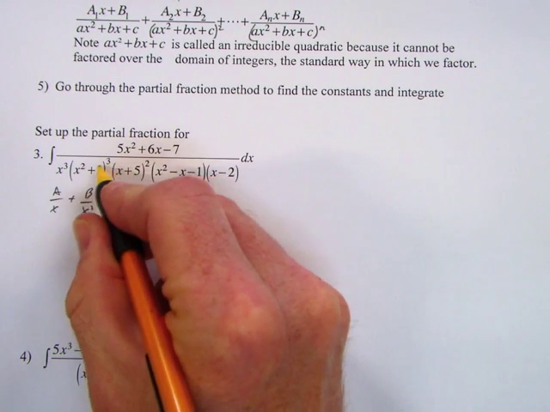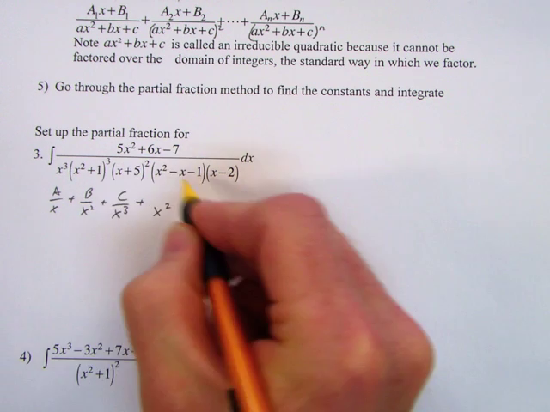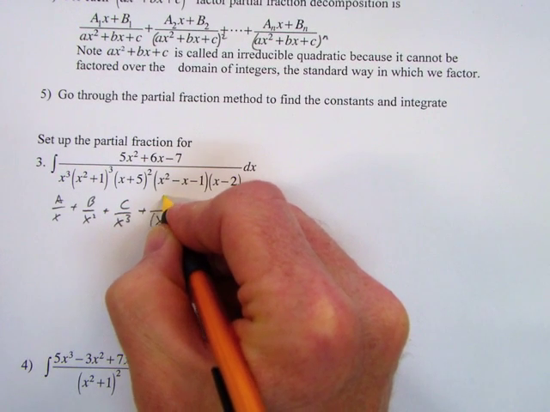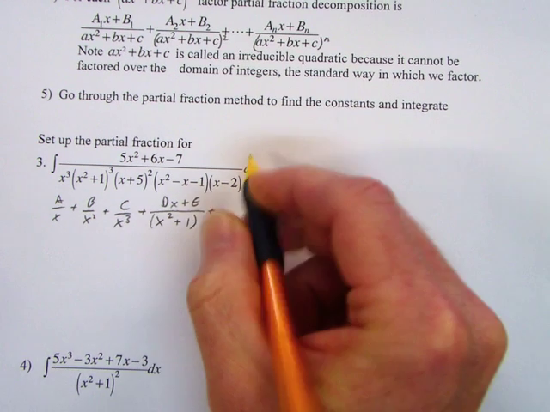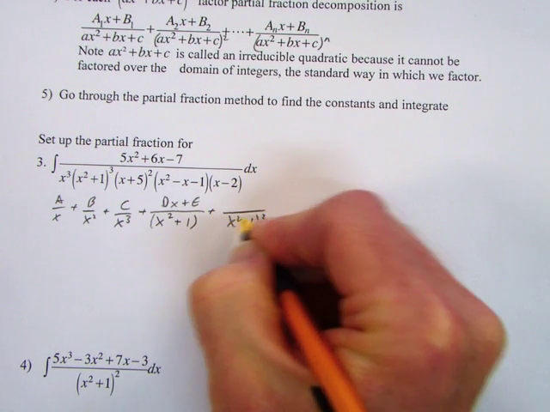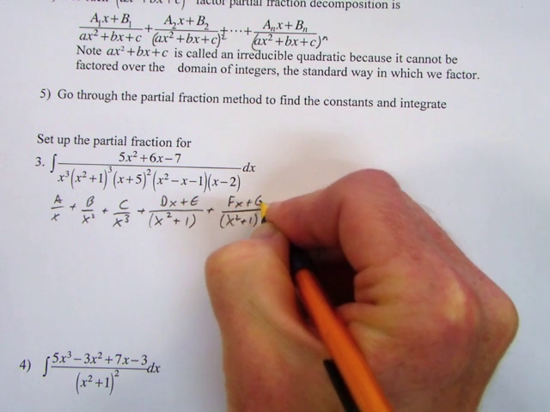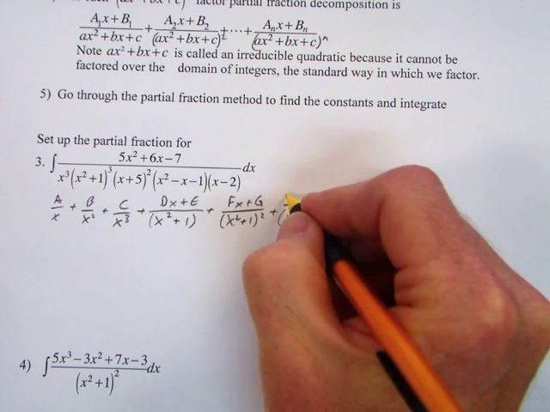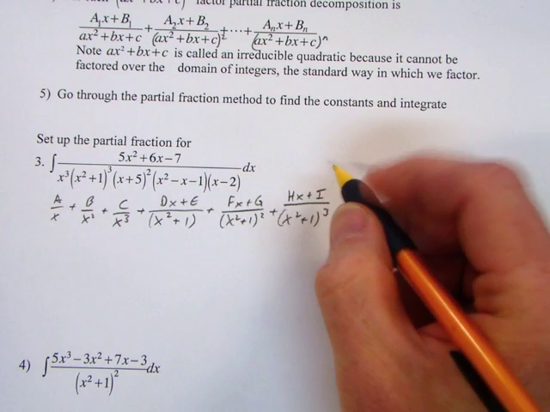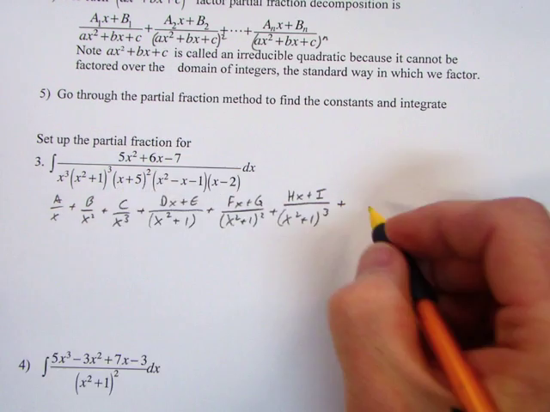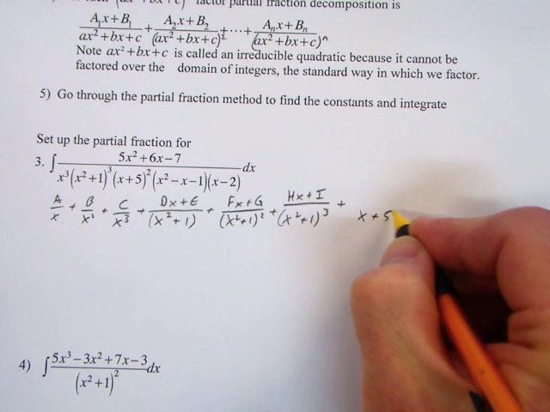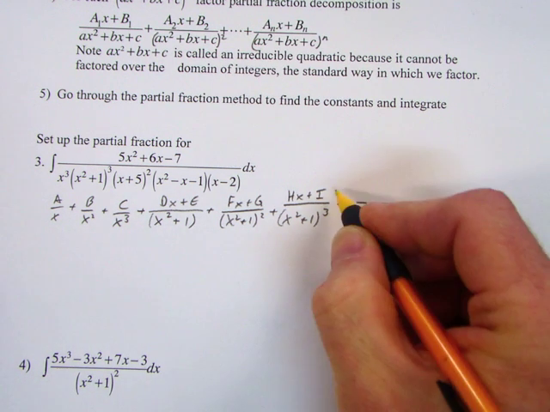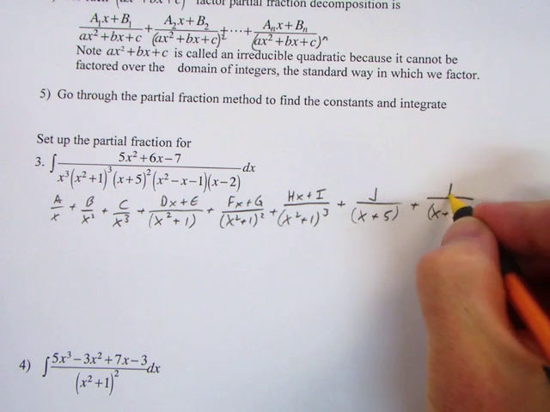Plus, now we have a quadratic on the bottom, and that's also raised to the third power. So we'll have x plus 1, and then we'll say dx plus e over x squared plus 1 squared, and then we'll have fx plus g over x squared plus 1 cubed, hx plus i. Now we have another linear factor, so we'll write x plus 5, and then we have x plus 5 squared. So this would be j, and over here would be k,